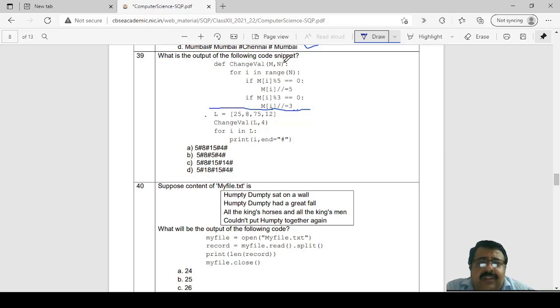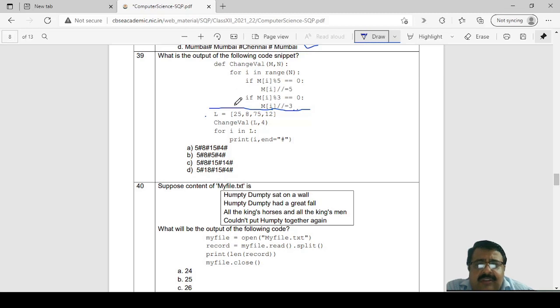Now one thing we should recall, that L is a list, and whenever a list is passed as a parameter to a function, then whatever changes are made in that function to that list will be permanent. That is, it will be visible outside also.